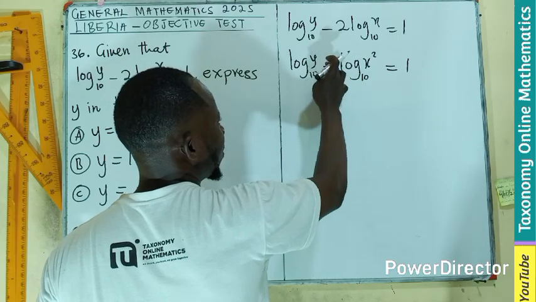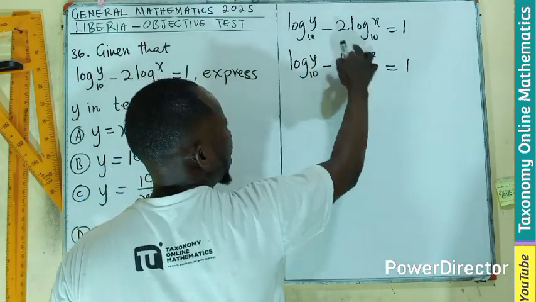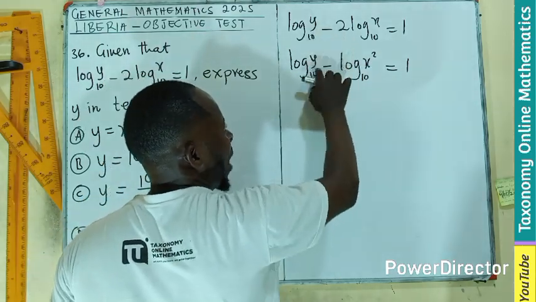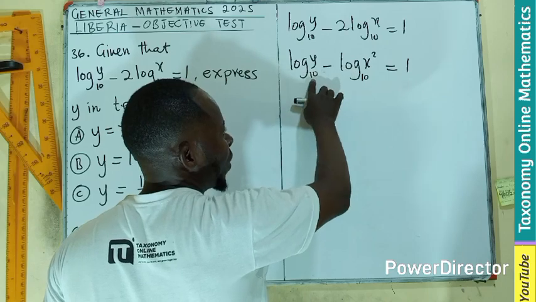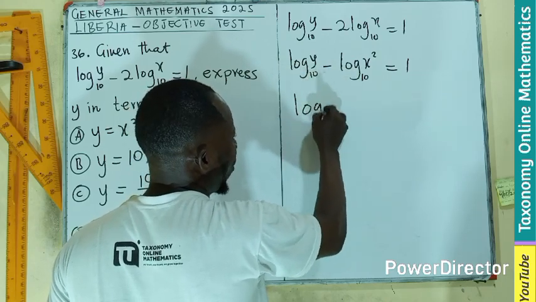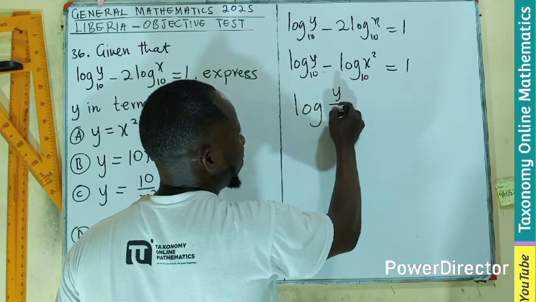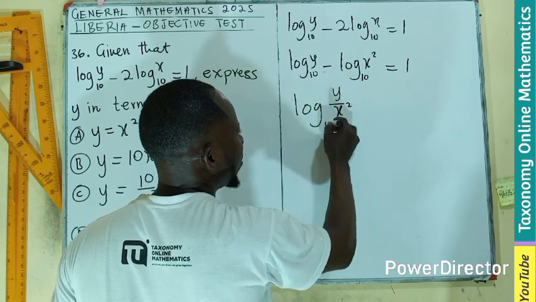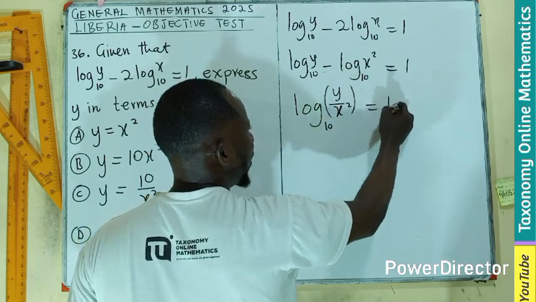So where is it? I think this is minus. So now this 2 is coming from here. So I will now see that subtraction of logs of the same base means that I have a log of y divided by x squared, base 10, which is still equal to